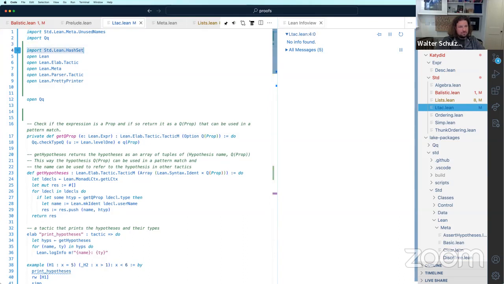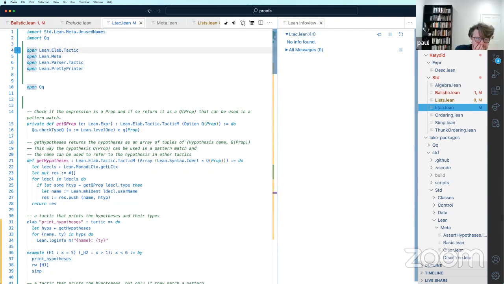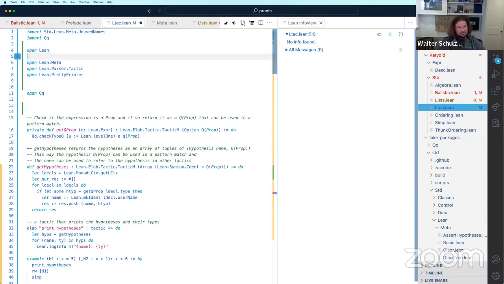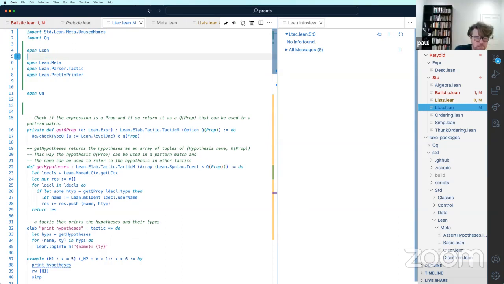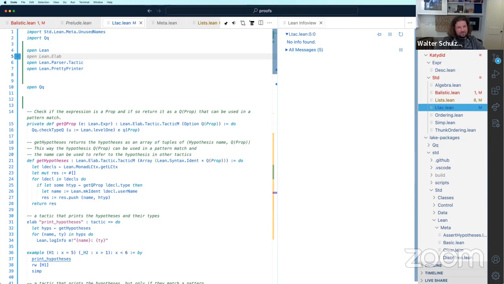Looks good. Nice. Aha. We need the whole of Lean, apparently. Opened. That symbol must be somewhere in some other namespace, surely. We're gonna figure it out.